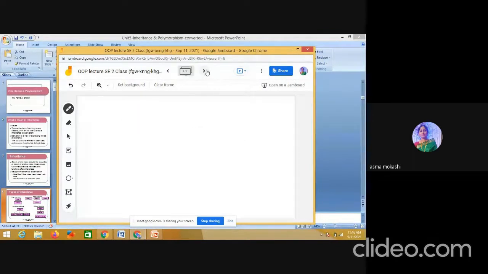Next inheritance is multi-level inheritance. Multi-level means what? One level, another level and one more level. So it is like this: A class, B class and C class. What exactly it means is that B accesses the property from the A class, and C accesses the property from the B class. If I want to represent this inheritance, it is multi-level inheritance.